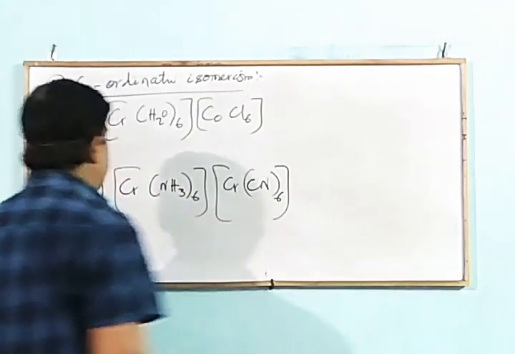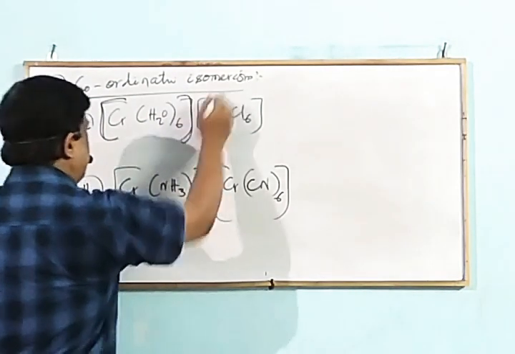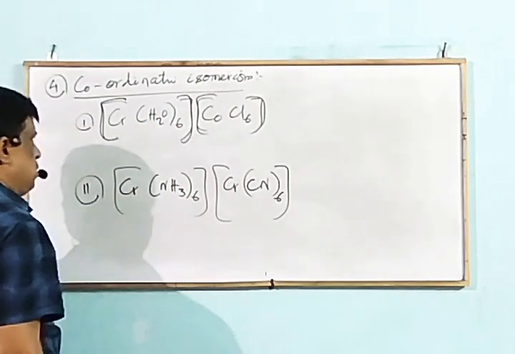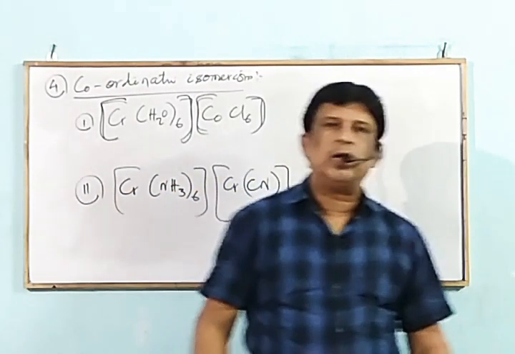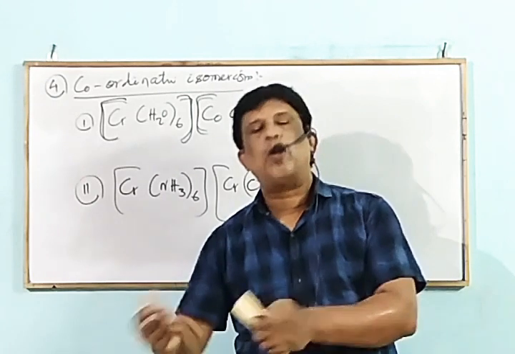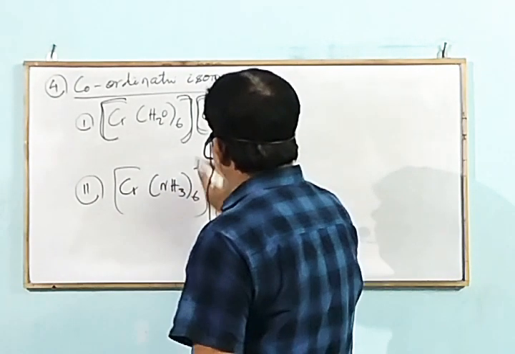Mark that. Let us discuss one by one. So the first one, it is the cationic part, it is the anionic part, both are complexes. Then we have to follow the IUPAC rule for the complex cation and for the complex anion. So what is its name? Its name is, mark that,